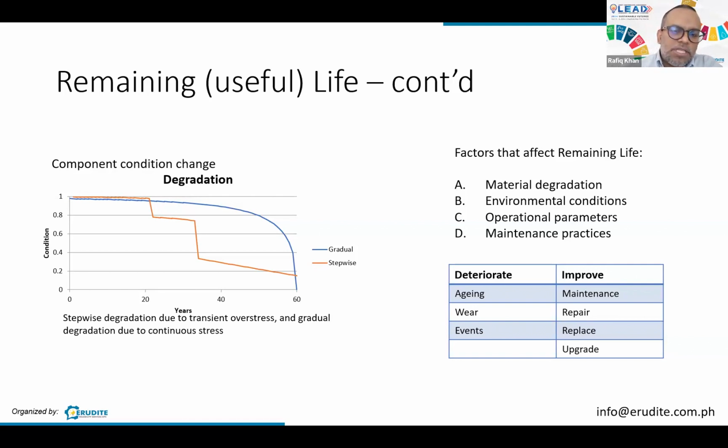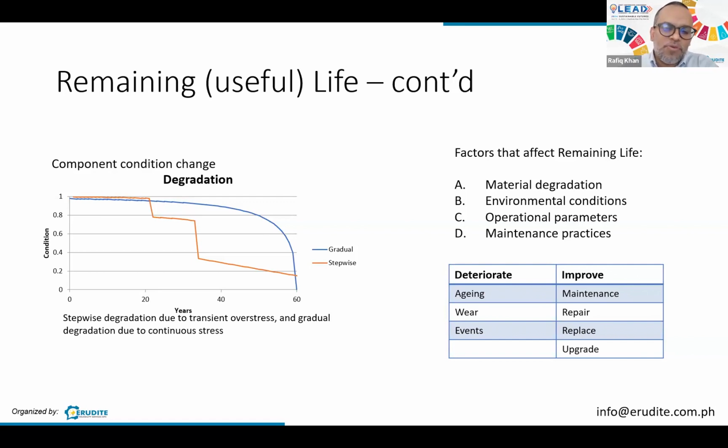We mentioned also material degradation, environmental condition, maintenance practices. Maintenance practices, sometimes they say if it's not faulty or damaged, don't fix it, right? This is also quite true when we do failure investigations. A lot of failures happen after fixing or maintenance practice. So it's not to say that you don't have to do maintenance, but you need to do it correctly, because otherwise you have a situation that developed which was not previously present. Maintenance can be a problem as well.